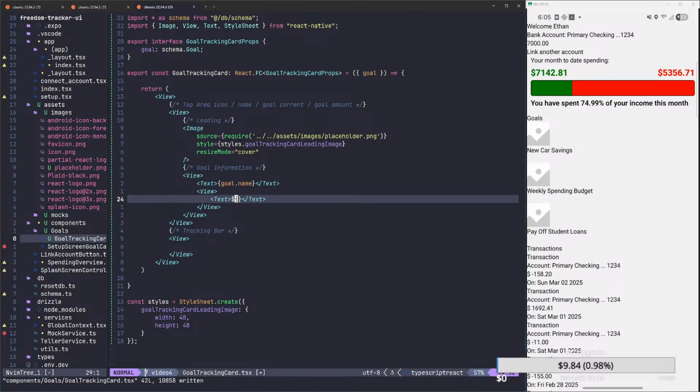So basically we need to loop through the transactions and determine which transactions go to each goal, or go to the specific goal, and then go from there. So we can't quite do this one yet. What we can do is just say XXX maybe,